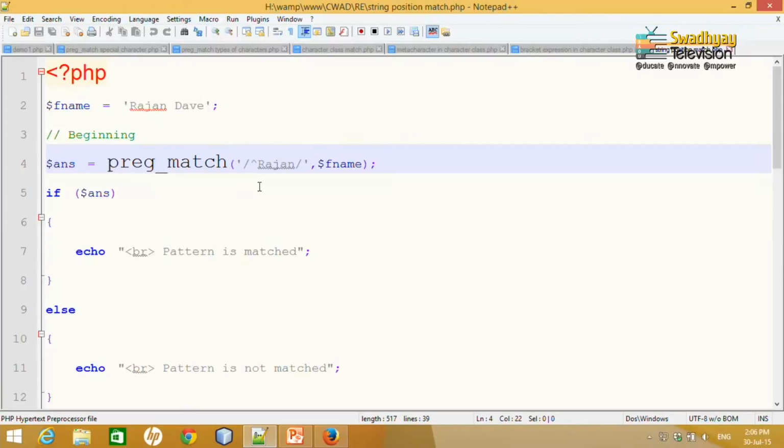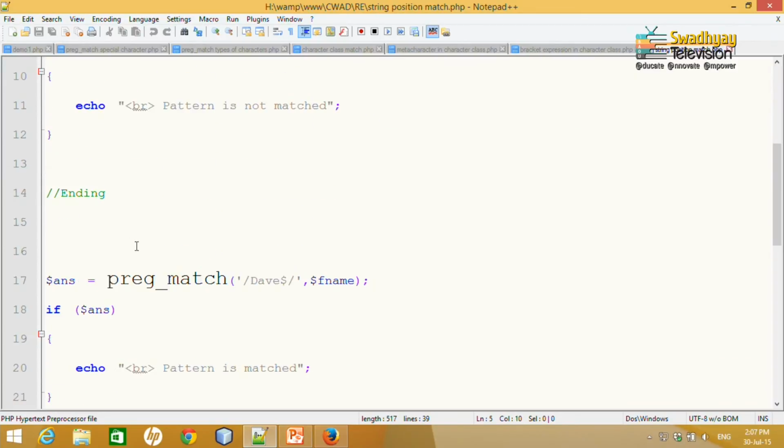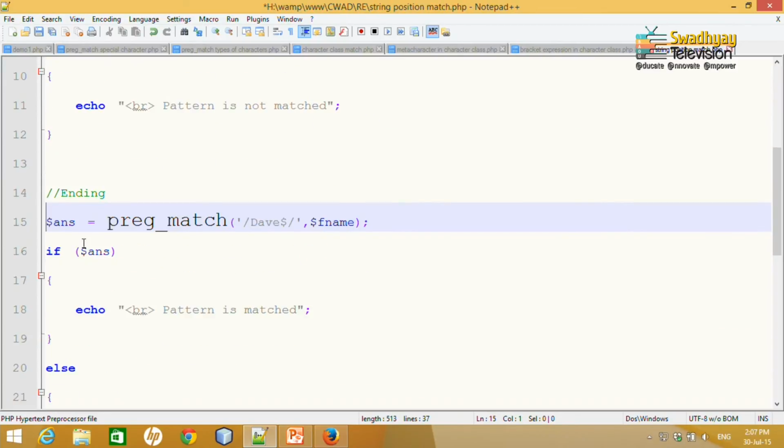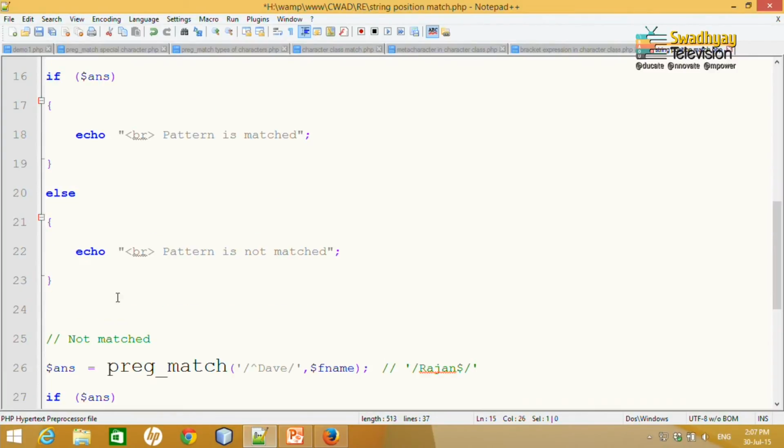Look at, if caret is inside the bracket, that will negate all the values, but at the beginning without square bracket it will give you string position. So at the string start it is Rajan, so this is matching. Same way for ending, if I type this matching string and dollar symbol, so that will match.